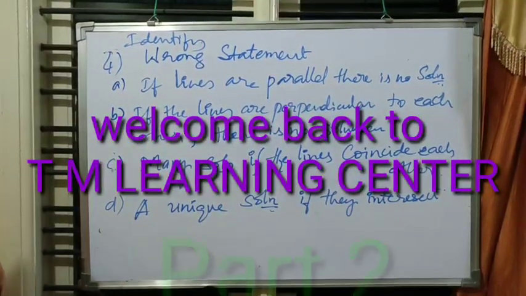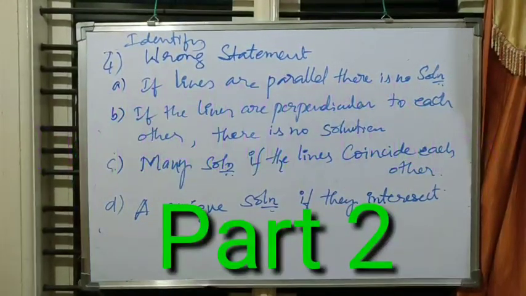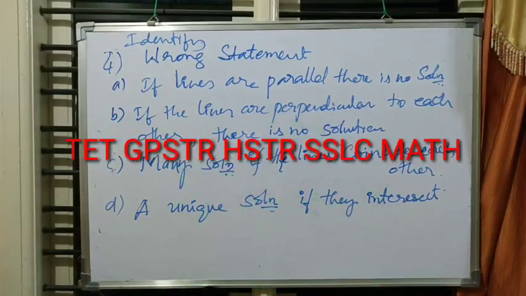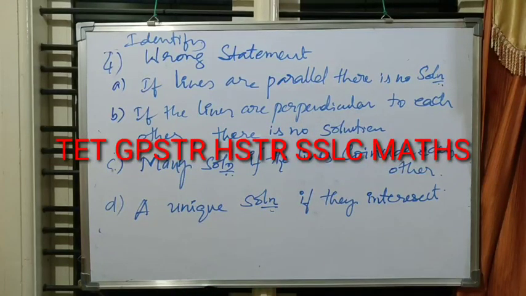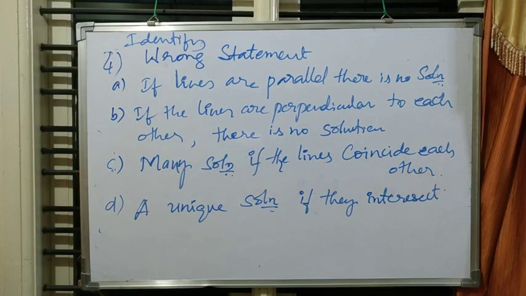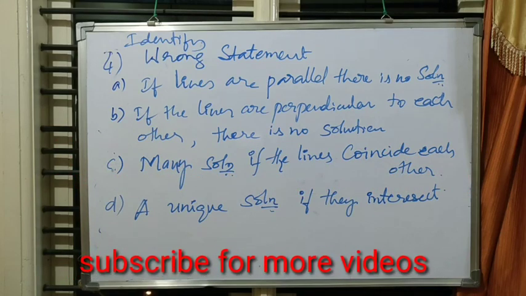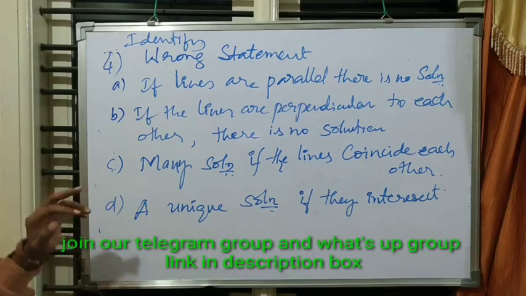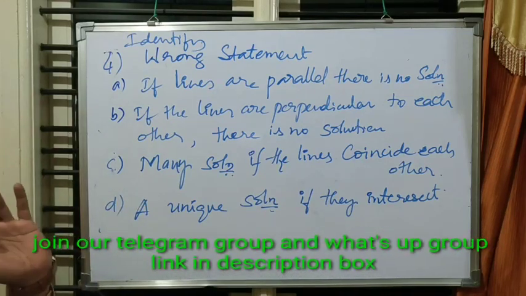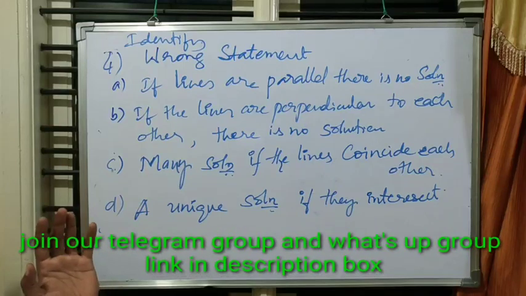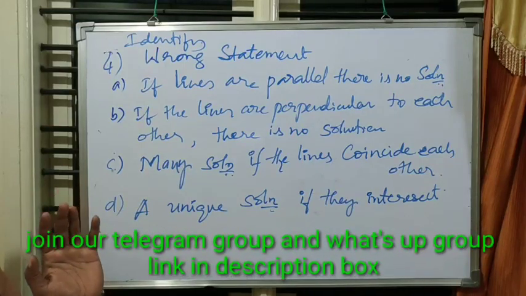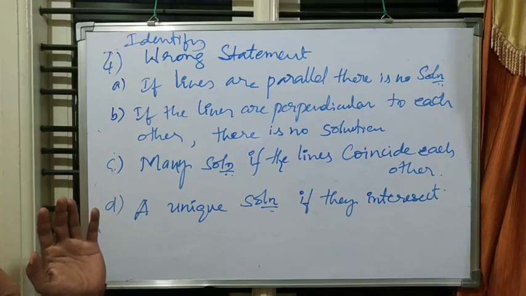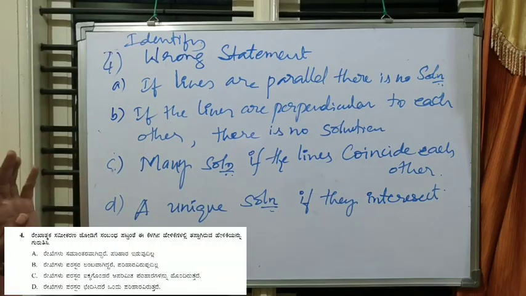Okay, dear students, let us come to the fourth question. Identify the wrong statement with respect to a pair of linear equations. This is already the fourth problem we are solving under this chapter, pair of linear equations. You know about the conditions of a pair of linear equations according to the values of the ratios a1 by a2, b1 by b2 and c1 by c2. Now let us see one by one and you have to read it very keenly.